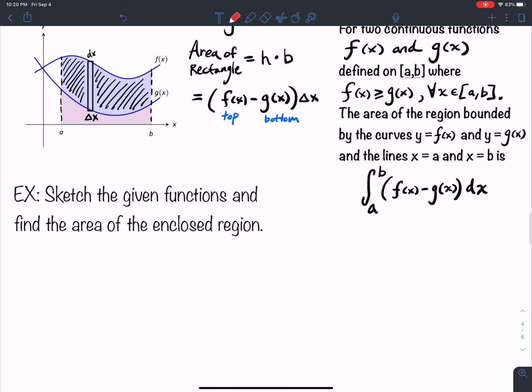Okay, so in this example, I want to sketch the given functions and then find the area of the enclosed area. So maybe I'll make this a new video since this is already